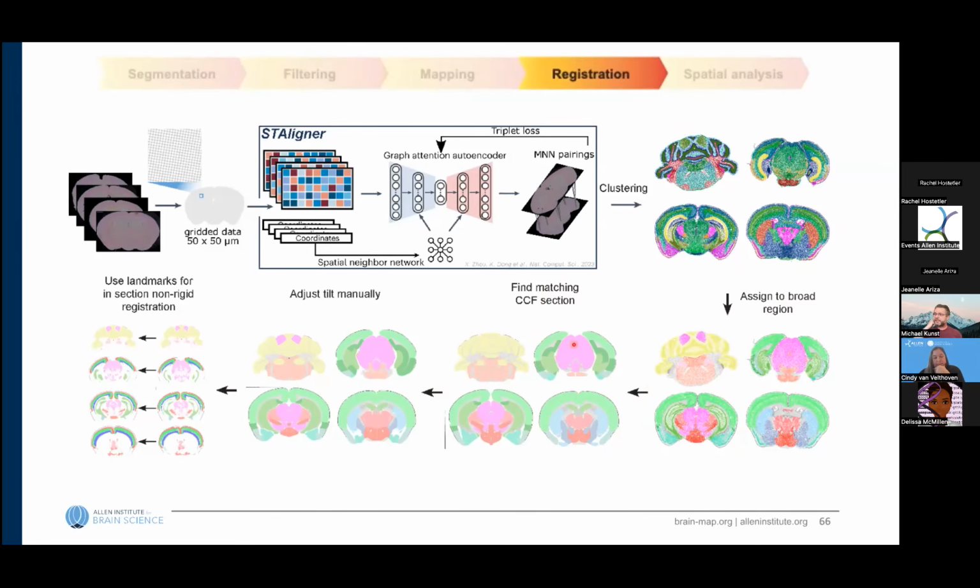One of those reasons is that when you do sectioning, it is incredibly hard, if not impossible, to have an orientation of the section that perfectly matches a perfectly horizontal section you can find in our atlases. So the next step is then just to go in and manually adjust the tilts so that we have a much better overlap of the regions